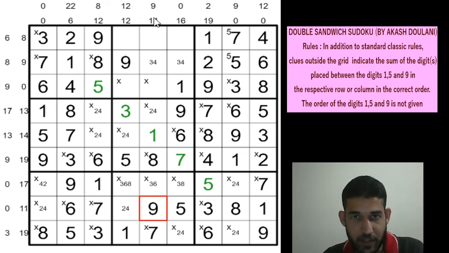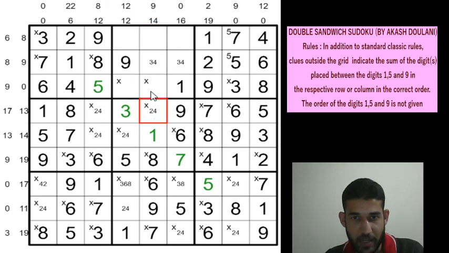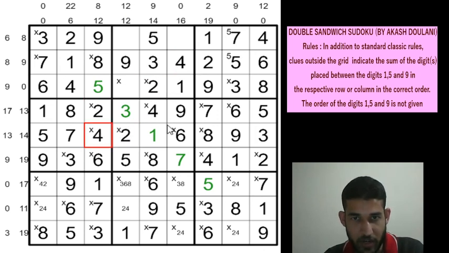So we have to satisfy the 14 clue along column 5. We have a 9 here and a 1 here and 8 here. So this is going to be obviously a 6. So now only one cell left for the 5 because we have marked X's. So this is going to be a 5. And these 3 cells will add up to a 9. So this will be a 2, 3 or a 4. But 3 and 4 are in the row already. So this is a 2, this is a 4, this is a 3, this is a 4. This gives a 2 here and a 2 here and a 4 here.